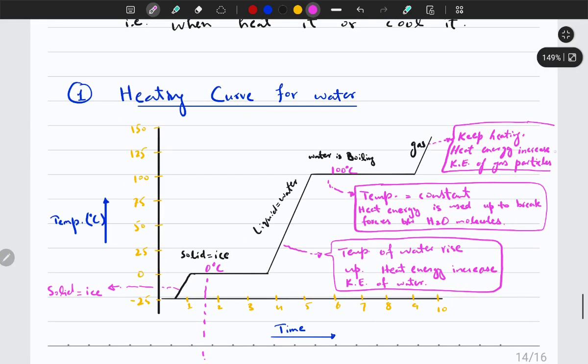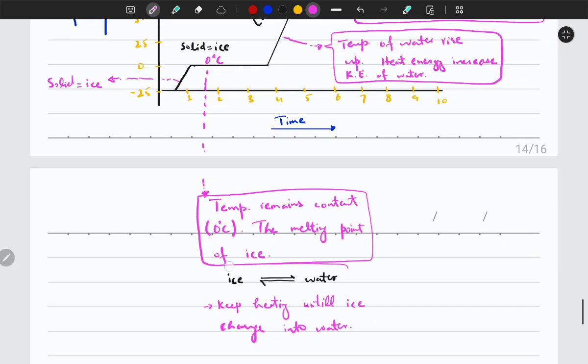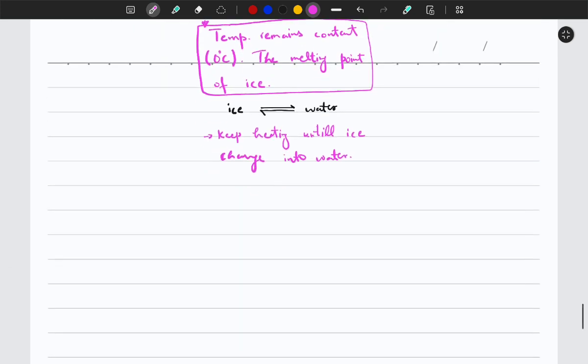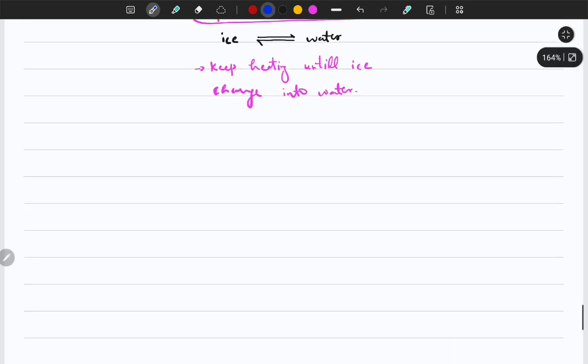Right? So the whole idea here is that when you heat it and the temperature is changing, it is within the same physical state. But the moment one physical state starts changing into another one, there is an equilibrium. And if you keep heating it, the temperature would not change until the whole physical state has been changed, right? So the conclusion you can make here